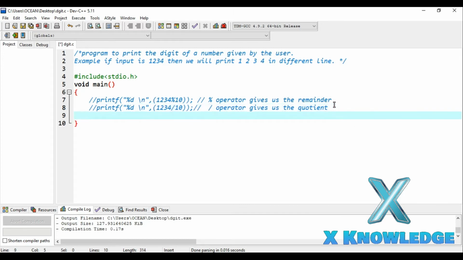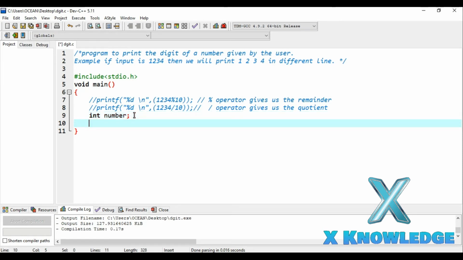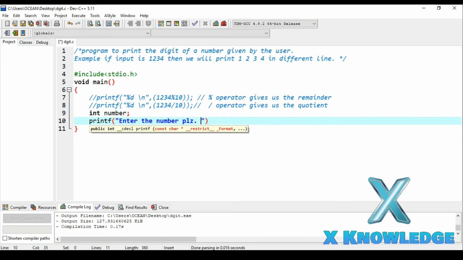Now we will accept the number from the user, and in order to store that number we will define a variable. Let's define a variable with the data type int and the variable name number. So number is a variable here and int is a data type, and we will be storing the number which the user gives us in this number variable. Now with the help of the printf function of the stdio.h library, we will give a message to the user to give us the number. So printf, and we will use a special character, \n. What this \n will do is that after printing this line on the output screen, the cursor will move to the next line.